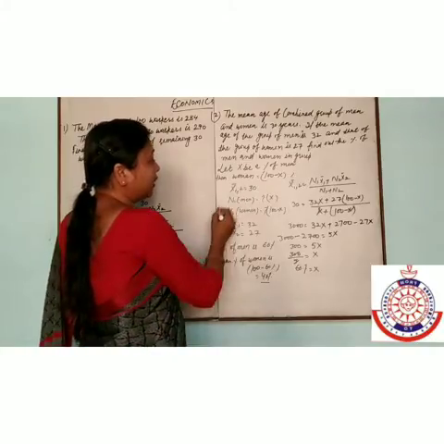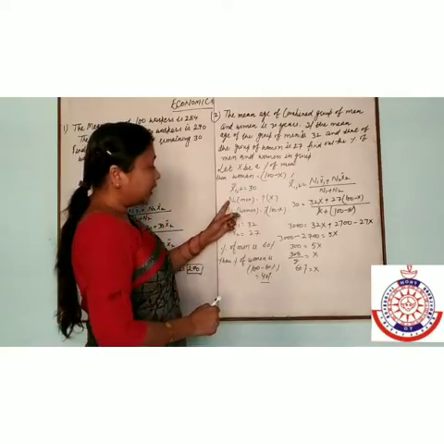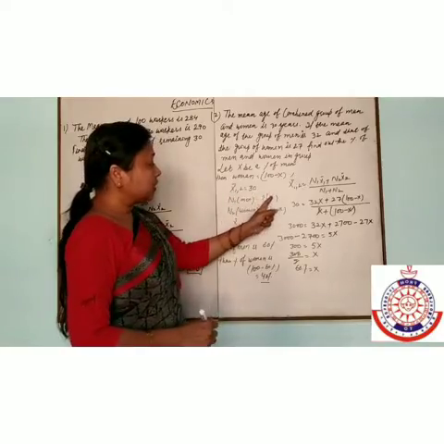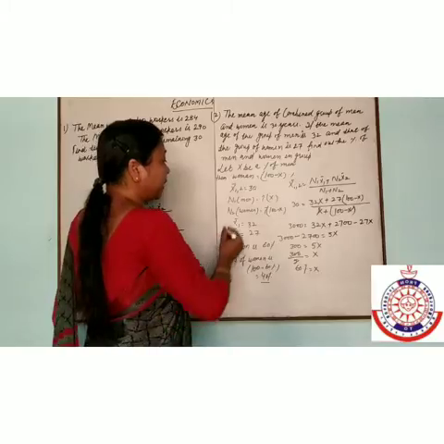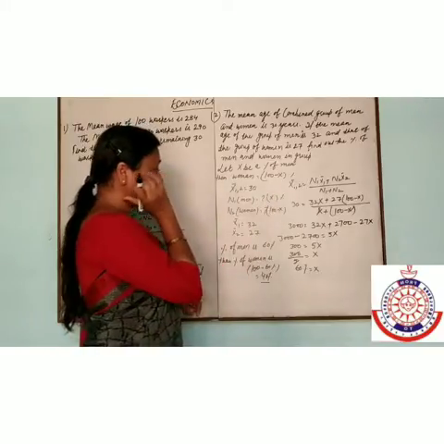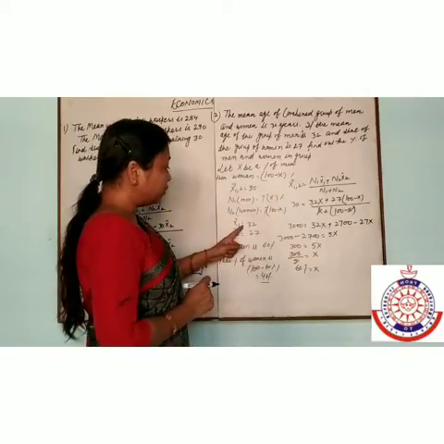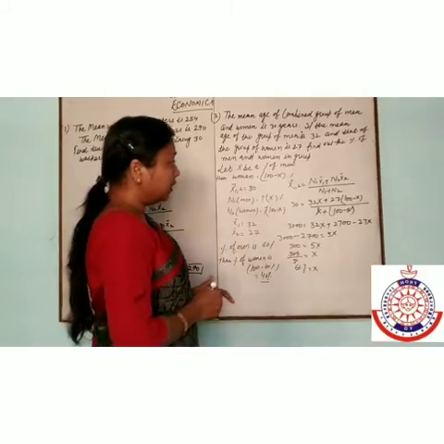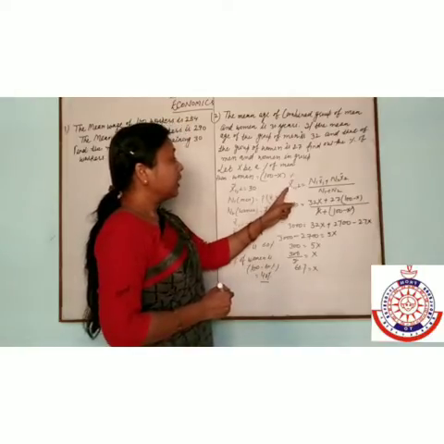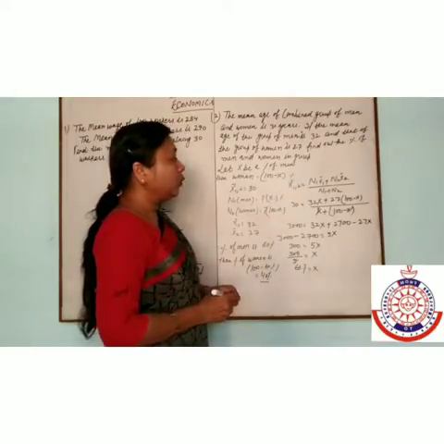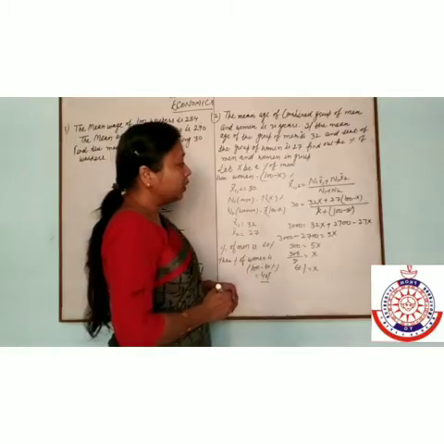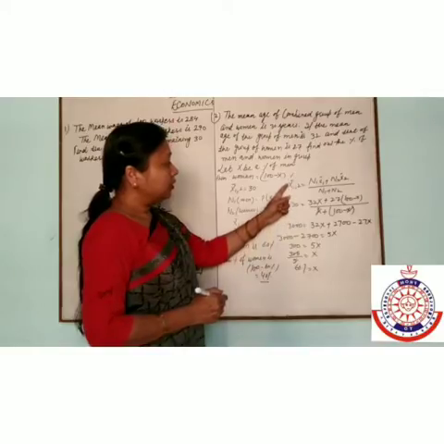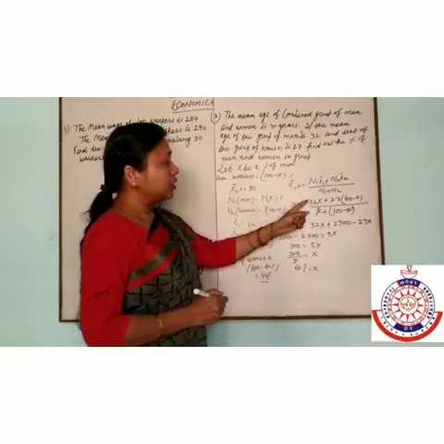Here x bar 1 2 is equal to 30. N1 we will take as men and n2 as women. If n1 is x percent, then n2 is equal to 100 minus x percent. Here x bar 1 is equal to 32 and x bar 2 is equal to 27. Then using the formula, x bar 1 2 is equal to n1 x bar 1 plus n2 x bar 2 divided by n1 plus n2. Then x bar 1 2 is equal to 30.